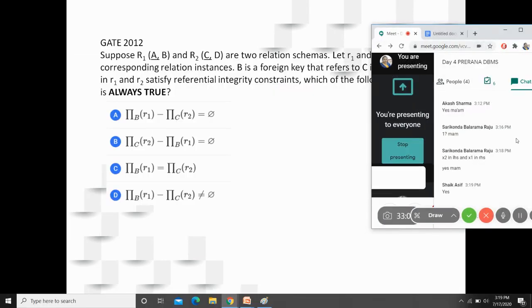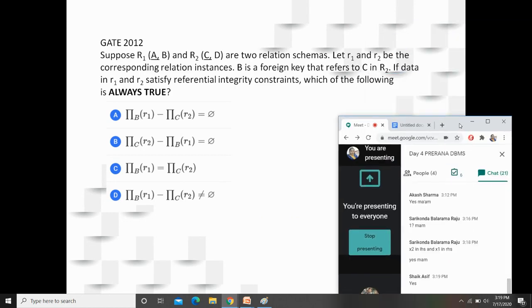This question is pretty simple. Please try to understand the question and give me the answer. This one we have just seen now, A, B, C and D, E, where C is a foreign key on D. The same question with a little twist. Please read the question and try to answer.